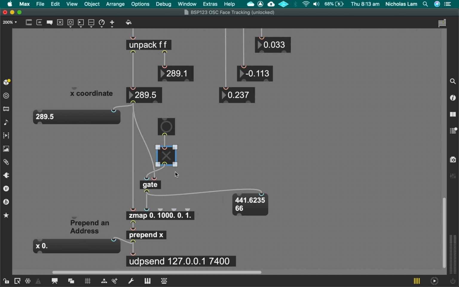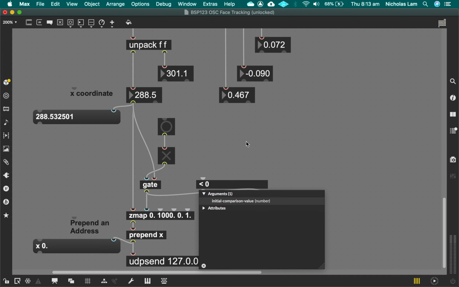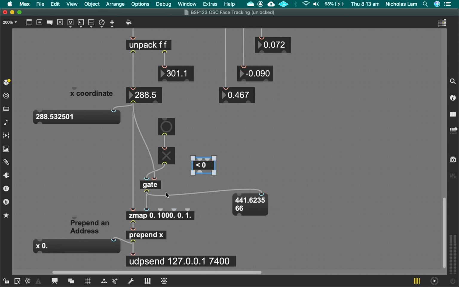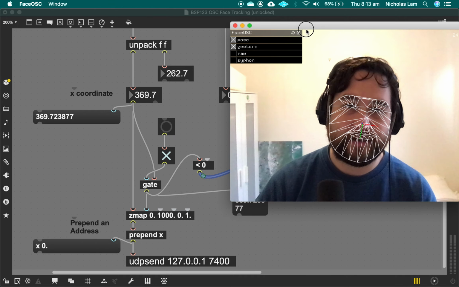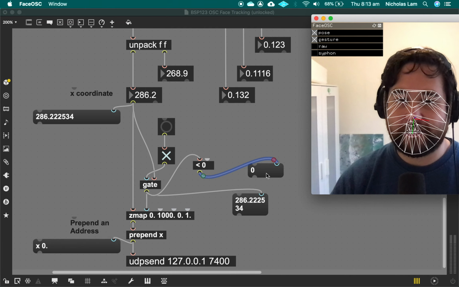Okay. So basically what I want is just as soon as a number comes in here to turn the toggle off again. So if I use this object, so we're going to go less than, I think this is what I want. Well, there's a bunch of ways you could do this, but basically I've typed in less than 0. And if I use a message box to look at what's coming out, when I turn on the toggle and then we get a face, here we go. We get a 0 and then